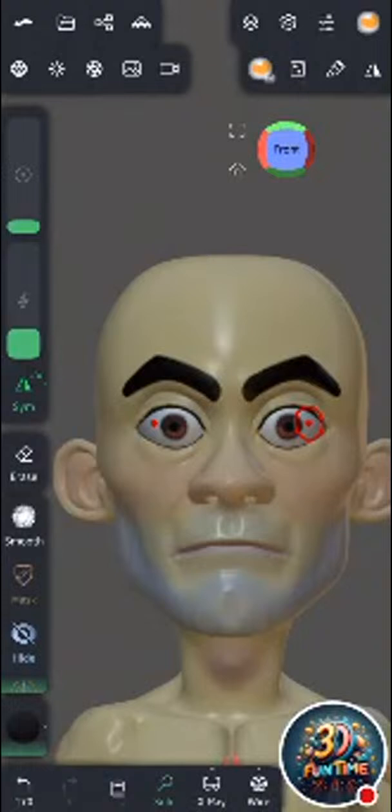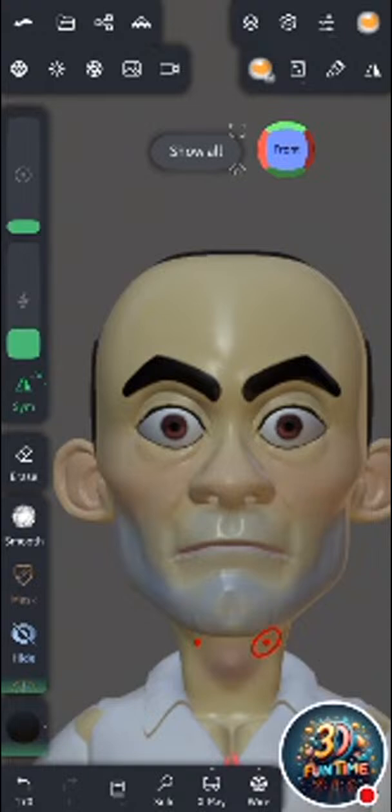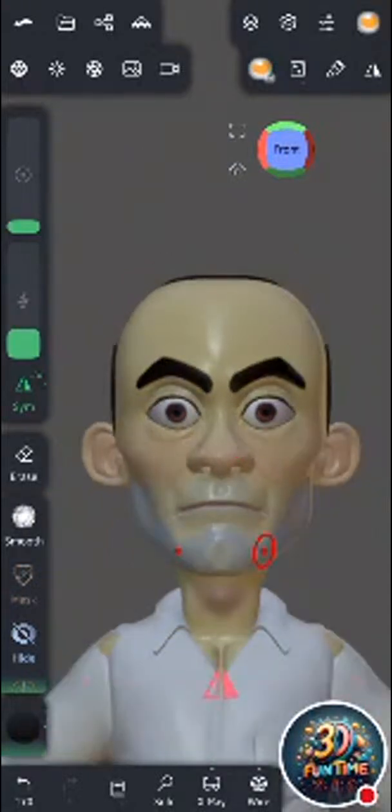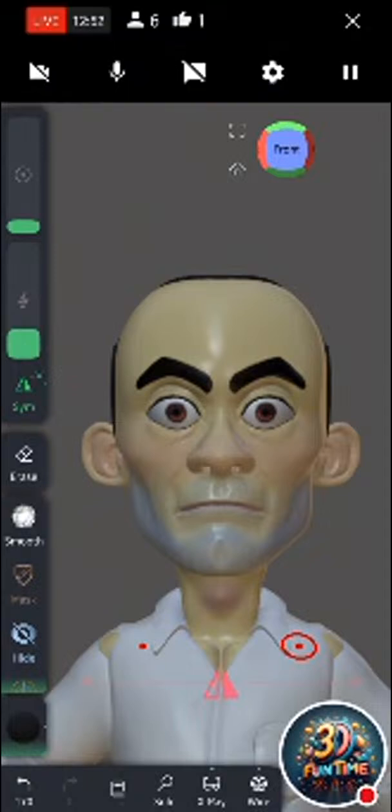Now it's time to work on the. I need to use the move brush to work on the